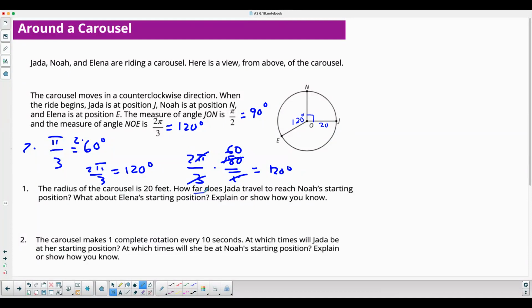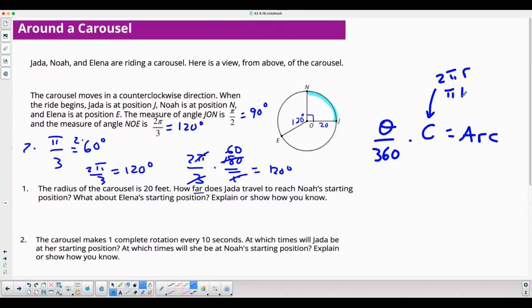So we're going to want to know the actual distance. In other words, we're looking for the arc length right there from J to N, the measure or the length of arc JN. So we got to do a little bit of geometry here. You might remember in geometry, if you take your central angle, divide by 360, and times that by your circumference, that'll give you your arc length. Okay? Now circumference, you hopefully remember, is equal to 2 pi r,